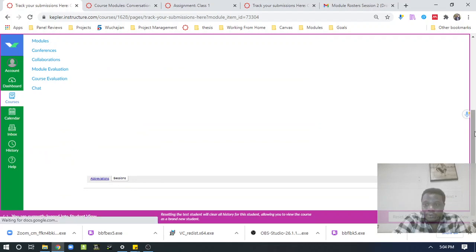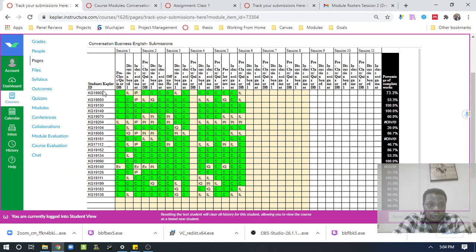Click on sessions, and then you will see your student ID number, and if you've done the pre-class, you have complete, you have a C. If you have plagiarism, you have IP, incomplete, and plagiarism. So this is very important for you to track on a weekly basis, and then you have the percentage of completed work. I wish everybody gets 100%. This is better because when you don't have 100%, then we go back into each assignment you didn't work on, and you have to redo it after the module ended.